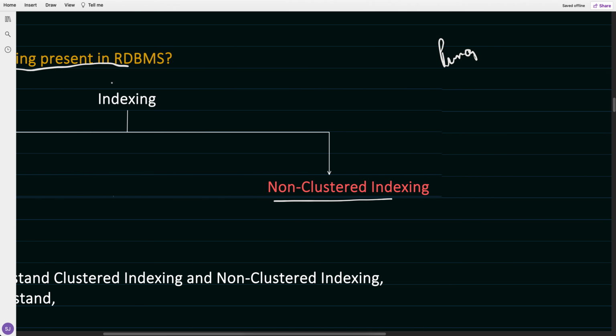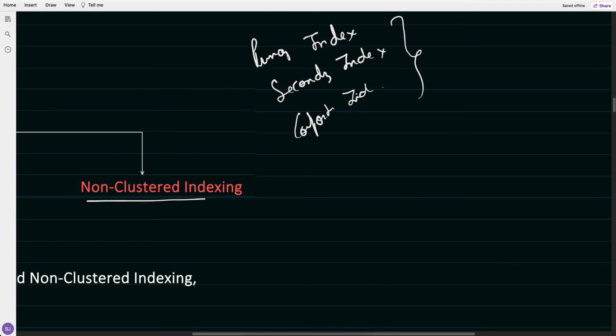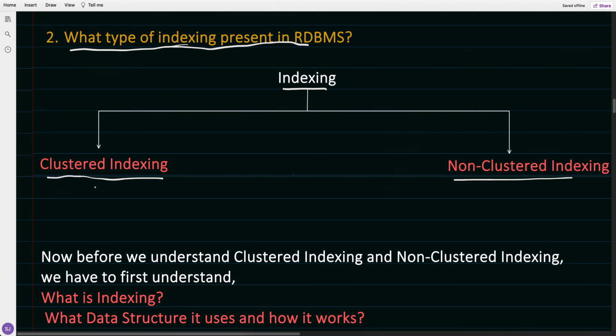As soon as you hear indexing, you think primary index, secondary index, composite index. There are so many indexes, and all these would have come to your mind. But from the DBMS perspective, they are categorized into two types: clustered indexing,